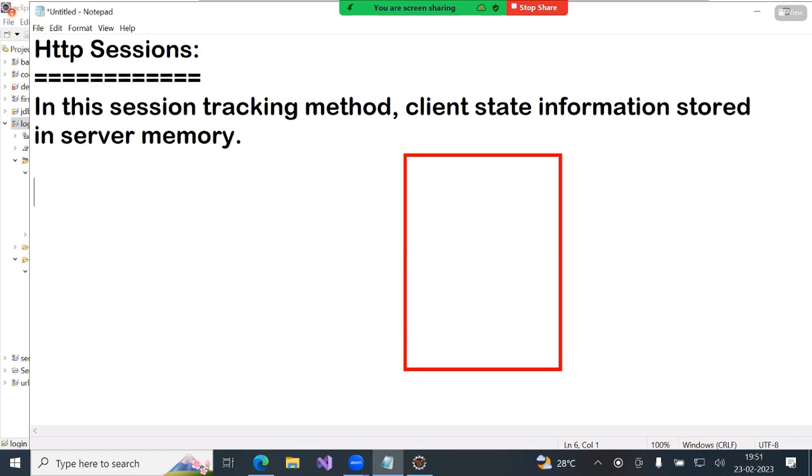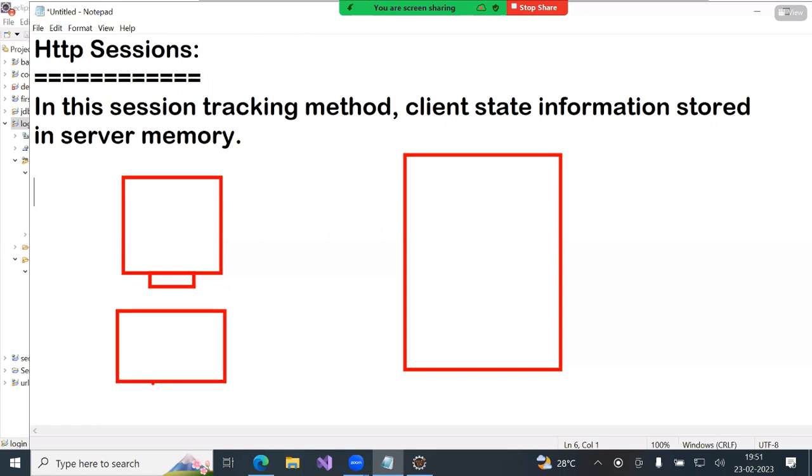Here, client, server. If stored on the client side, you can see, other people can see, but if stored on the server side, no one can see. No one can see, no? That's why it is secure. But here the problem is